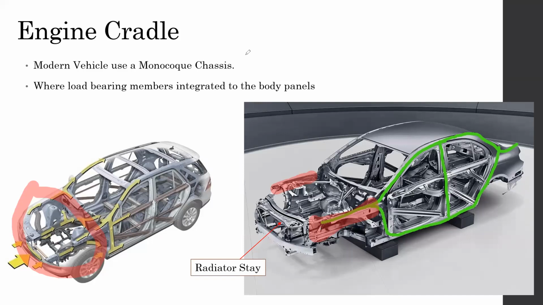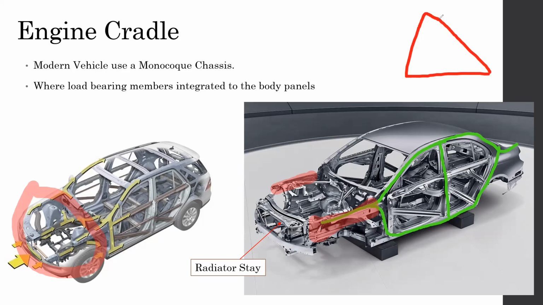So let me try to do something. If we have a stick like this, or let's say this is a rod, this rod is not actually strong, and even if we join another rod, this is also not strong. But if we join it as a triangle, now it becomes a whole unit, and the load is transferred from one to another, and each of the rods is supporting the other two. So that triangulates the loads and distributes the load among them,